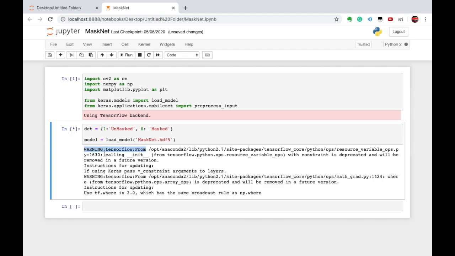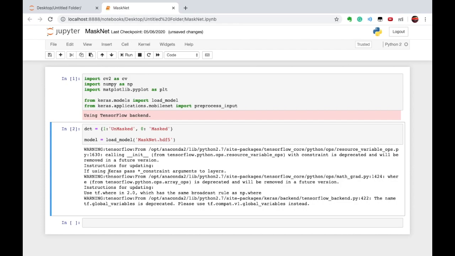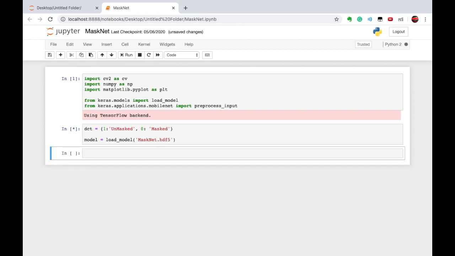There are warnings, so don't care about it. So wait. Okay, so our model is loaded. If we execute this cell again, then the warnings will go away.